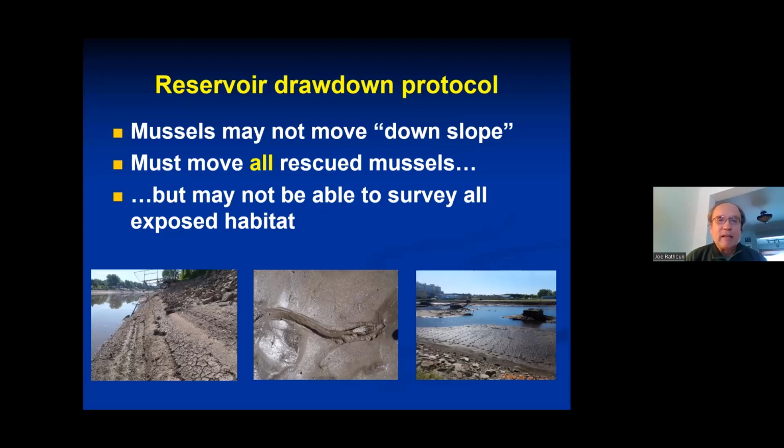So reservoir drawdown. We're learning a lot about reservoir drawdowns, and DNR, I think, is quite flexible in recognizing the reality of the difficulty of surveying an entire reservoir for mussels. We're funding some research, which is to say DNR and a couple of power companies up in the Upper Peninsula. Lake Superior State is looking into where mussels occur in reservoirs to see if we can come up with some predictive patterns that we might use to direct people trying to salvage, rescue mussels